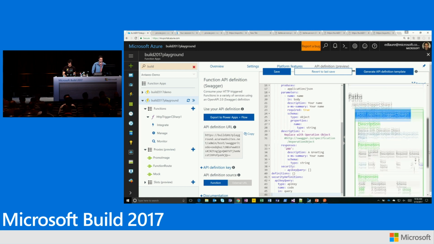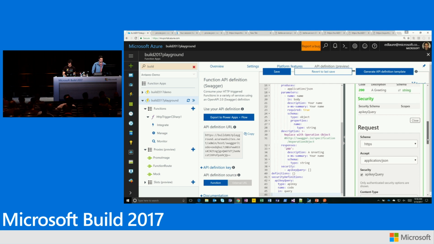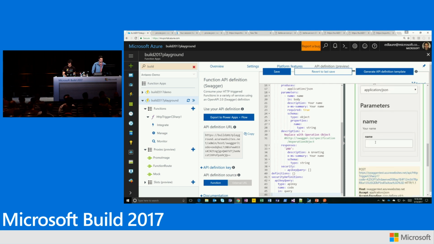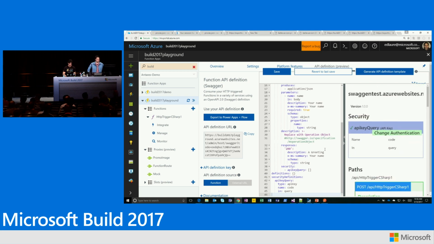Okay, now it's authenticated. Then you can try the operation. This one is the hello world one. So all it takes is a name. Hopefully it works. Let's go Jeff again, because he's popular. And this will go to your backend, which is pointing to your function, and we'll use the API key, authenticate, and put the response back here. Probably I did something wrong. But you guys get the gist of it, how you can do this yourselves.